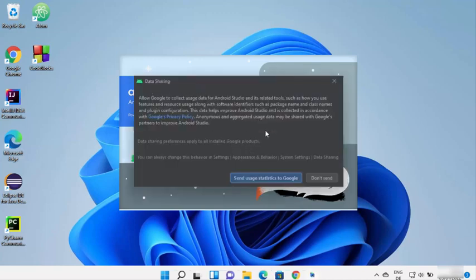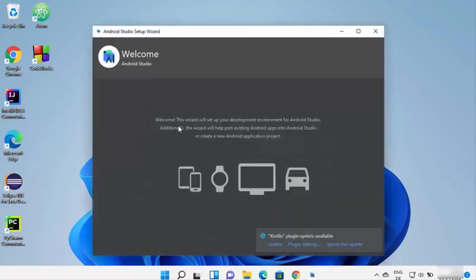So if you want to share data with Google, you can click on "Send usage statistics to Google." I don't want to share anything, so I'm going to click on "Don't send." And now you can see the Android Studio IDE has been started, and you can see "Kotlin plugin update available." So at any point Android Studio is going to show you these update messages. So if you want to update these plugins, then you can click on update and it's going to update your